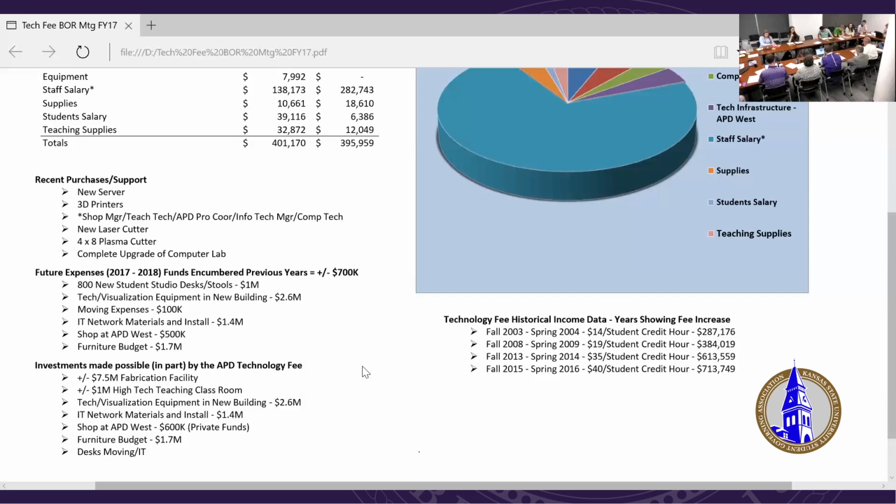So if you're saying that I can see the fee going away, I don't see the fee going away. The reason we instituted the fee initially is that the technologies that are so much a part of the disciplines in my college march so rapidly that we have to be pretty strategic about how we acquire those technologies. So I mentioned the robot, right? Well, if you look up here, see that 4x8 plasma cutter? I got that machine for